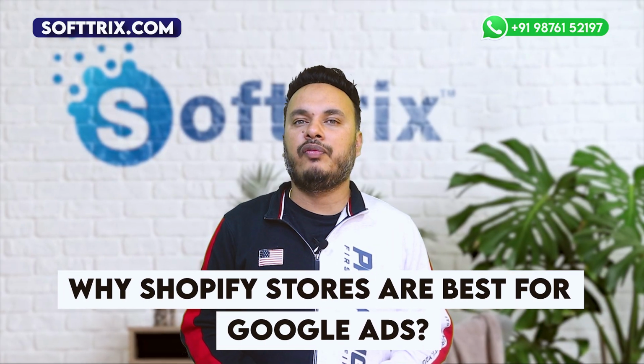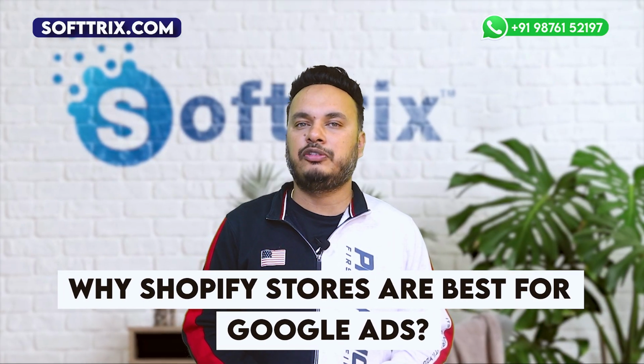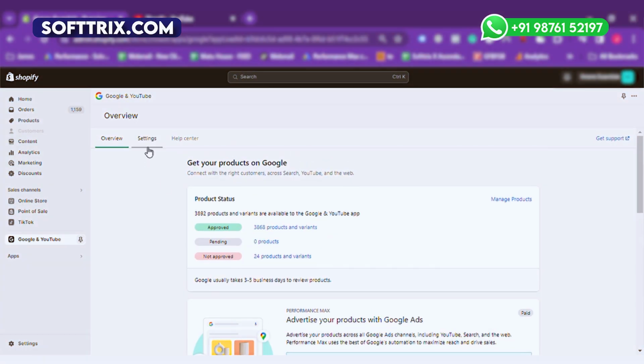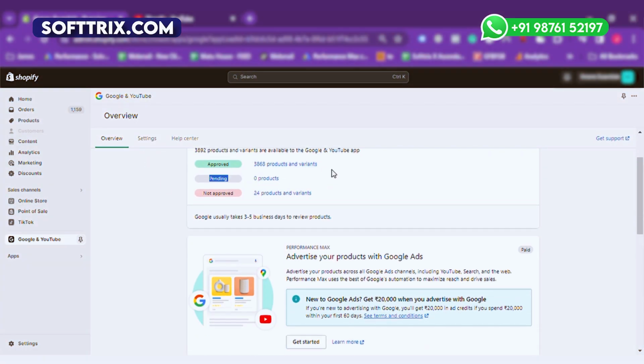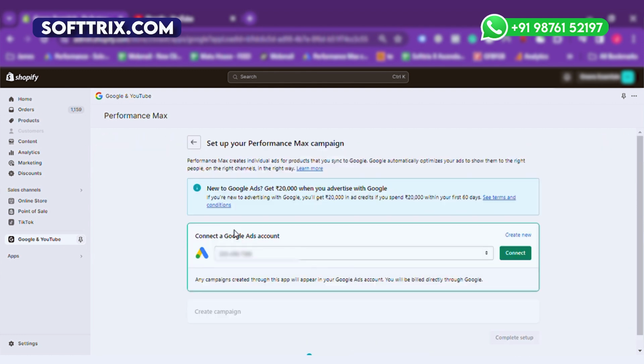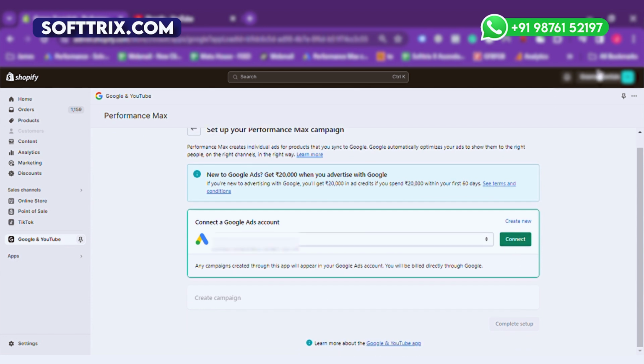The next thing is why Shopify stores are best for Google Ads. So now let's talk about why Shopify stores are best suited for Google Ads. One word: integration. Shopify integrates seamlessly with Google AdWords, allowing you to sync your product listing, track conversions, and manage your campaigns all in one place.